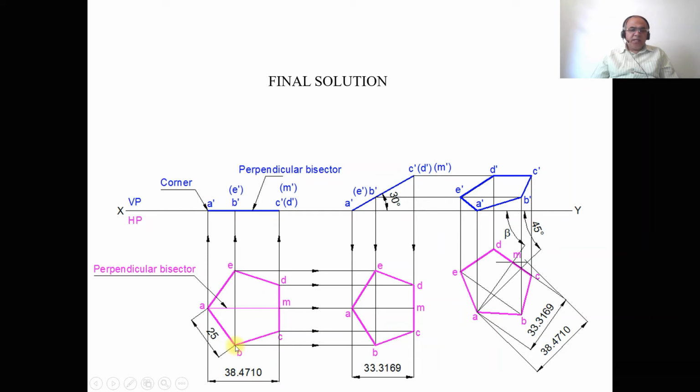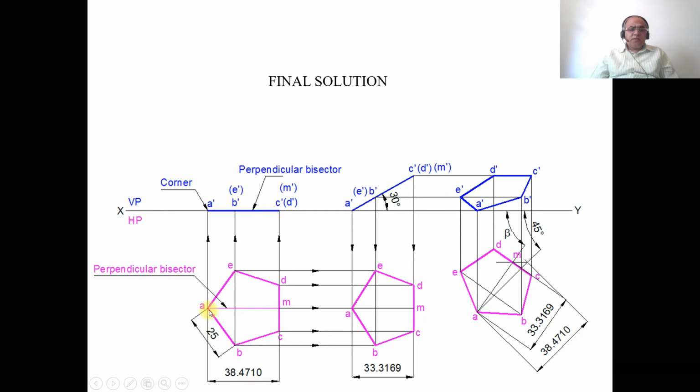Again with B as center, taking a radius of 25, draw an arc, with E as center, cut on the previously drawn arc, and you mark this point as small a. Then join A to B, B to C, C to D, D to E, E to A with a dark line. And then from A, you draw a midpoint of CD and you mark this point as M. Then